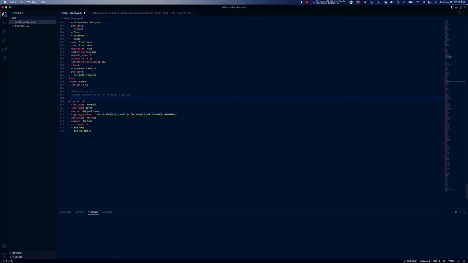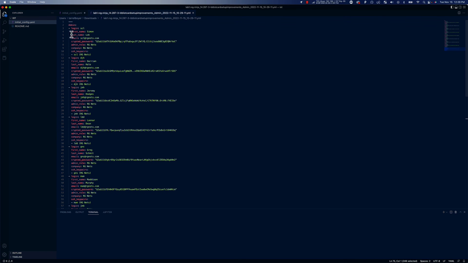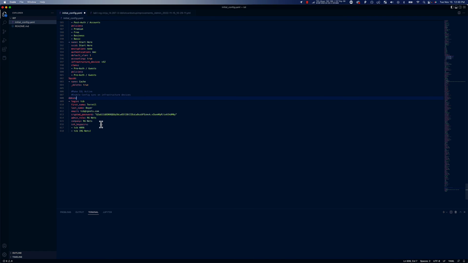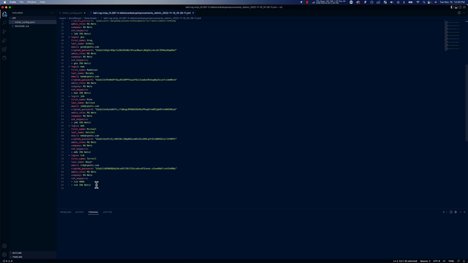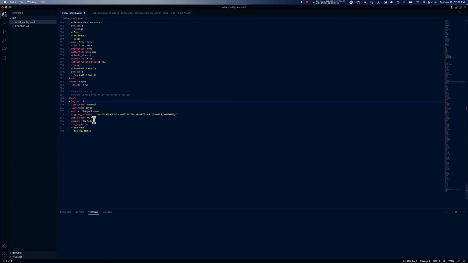Now the other thing to know about the config templates is at the very top, there's typically a header that you'll need to copy as well. So in this case, it's the admin header. And so I would just paste that there. Formatting is pretty important, so you want to make sure that there's no spaces before this, and then this one starts with a dash. But pretty much if you just copy and paste what it exported back into a template and pick out the pieces that you want,